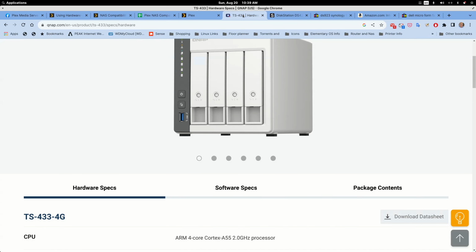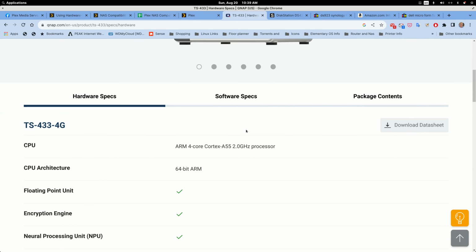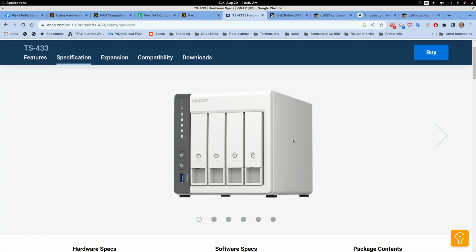So if we jump over to the spec sheet for it, we'll see that it only has an ARM processor. There's no iGPU built in. This is really only going to be capable of being a file server. But Plex will run on a potato. So if this is able to install Plex on it, which I don't know, you can serve up local content all day long. But the minute you have a transcode,